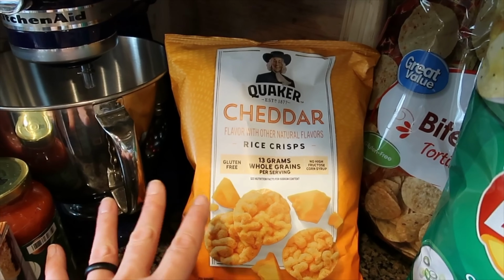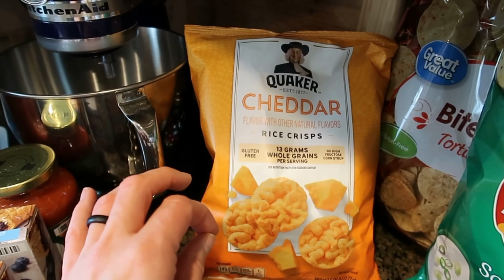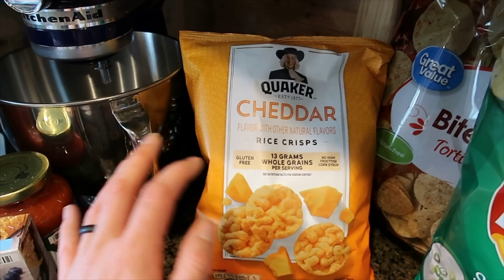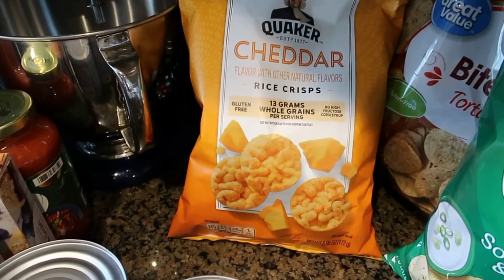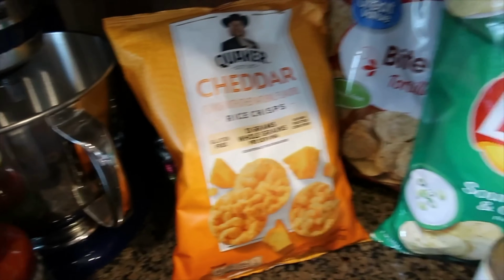I haven't had these in like a year probably, but I just have been really snacky in the afternoon, and I'm just trying to find something that is on the lower point side to eat. So I got these. These are for my